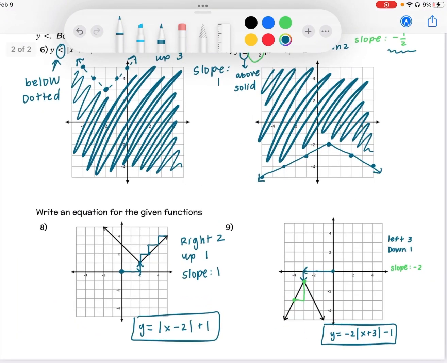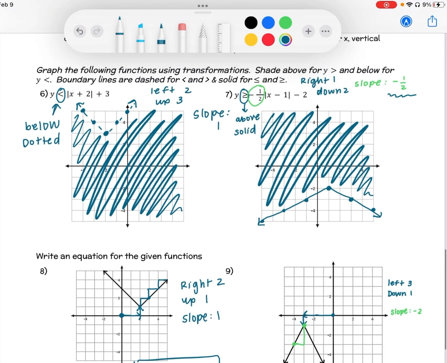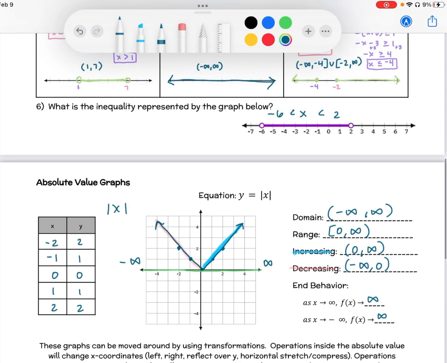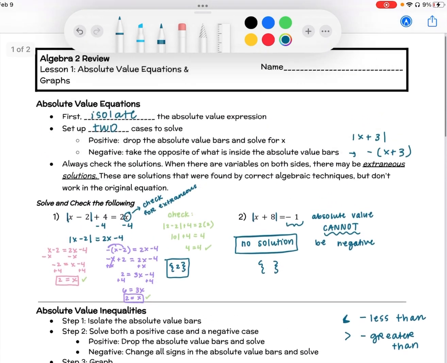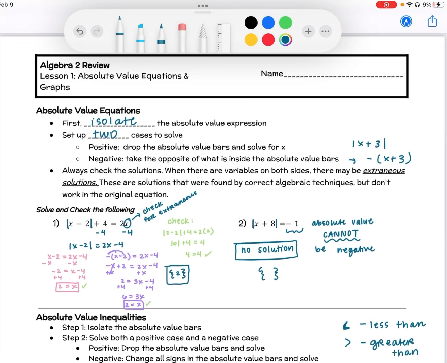Okay, so that's basically the gist for absolute value. So definitely a lot of this you can type into Desmos to check your work, or to at least, if you're completely lost on a test, you can use it to answer, maybe. All right, but you're done with